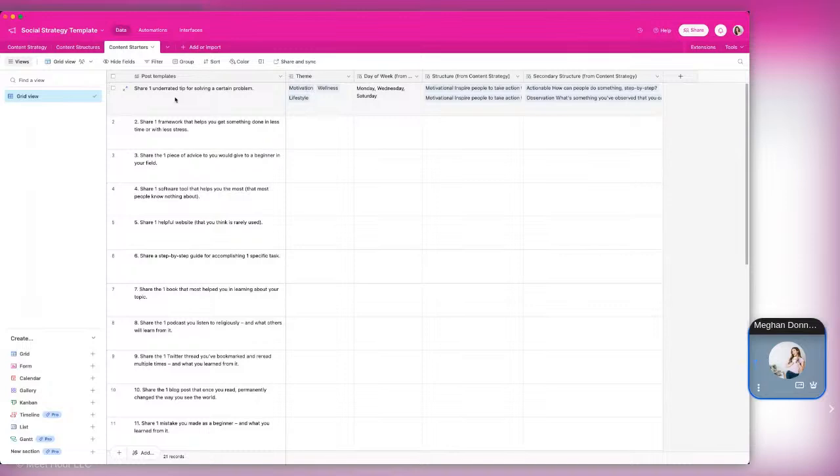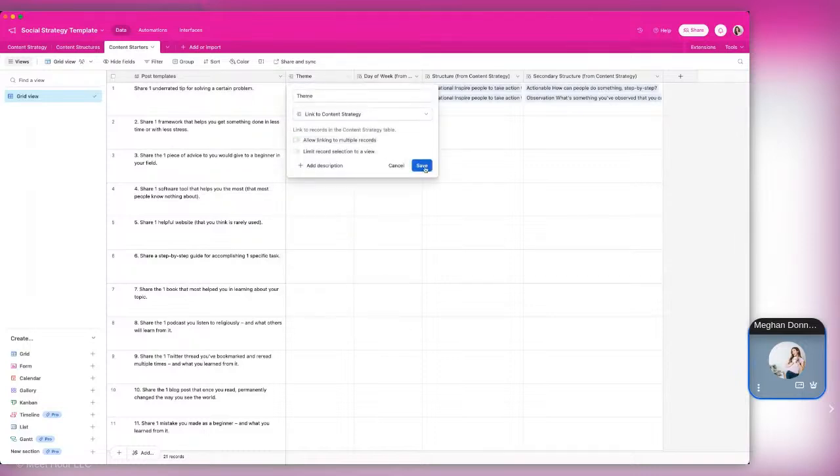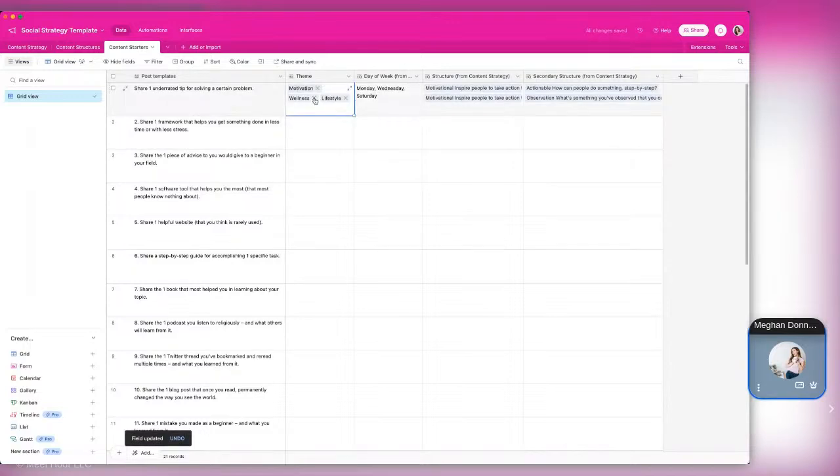And then here are your structures and secondary structures for those themes and those days of the week. Like I said, this gets really messy in my opinion. You can do it this way if you choose to, but I highly recommend you keep this as simple as possible and you stick to